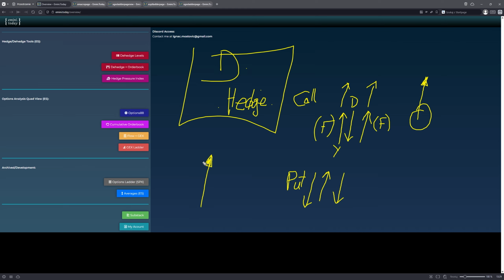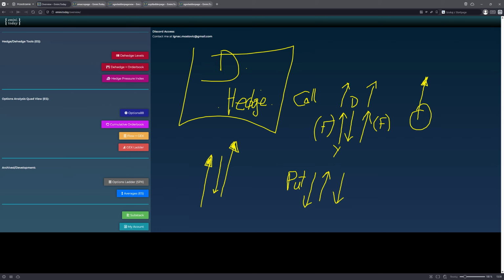So if there are a lot of calls being bought, because they sell these calls, they will increase the impact of this buying, because they have to hedge themselves by buying this market too, right? So their hedging in some cases will increase the direction of the flow that is going on,